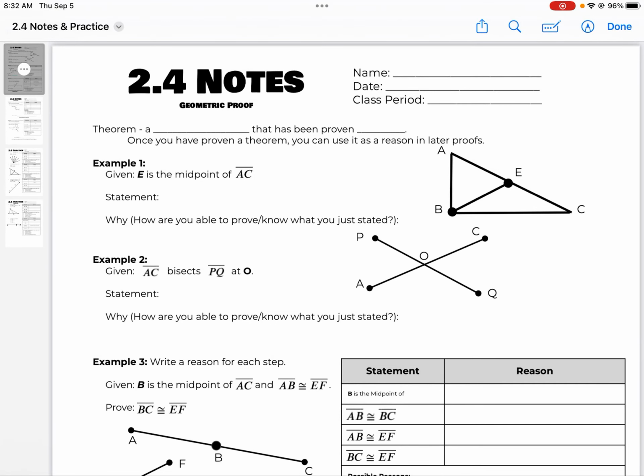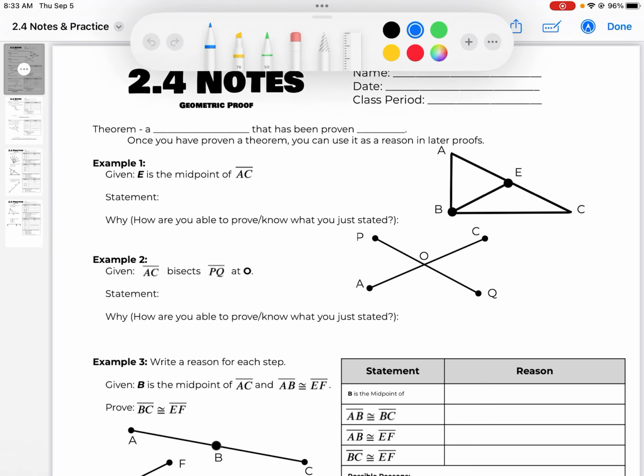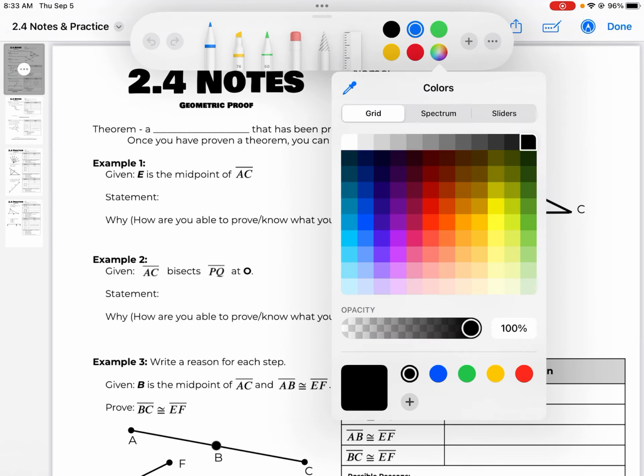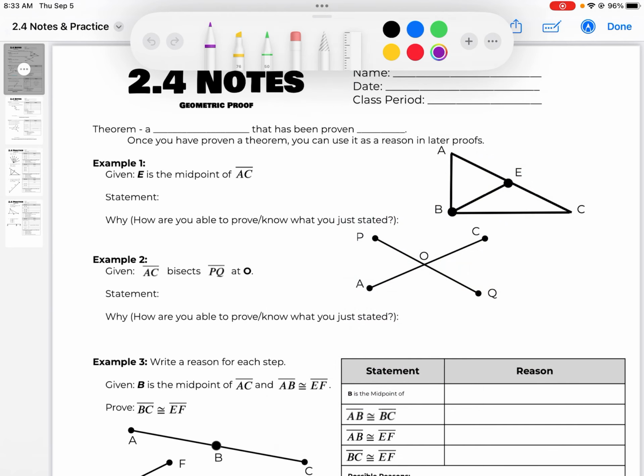Quickly going over the 2.4 notes for geometric proof. I'm just going to jump right in. We've been building up through all of Unit 2, talking about different ways of logically thinking, about different statements, and how to manipulate those statements, making things like the converse, the inverse, the contrapositive, etc. And now we're getting into where we're using all that logical thinking to prove mathematical things that we're talking about